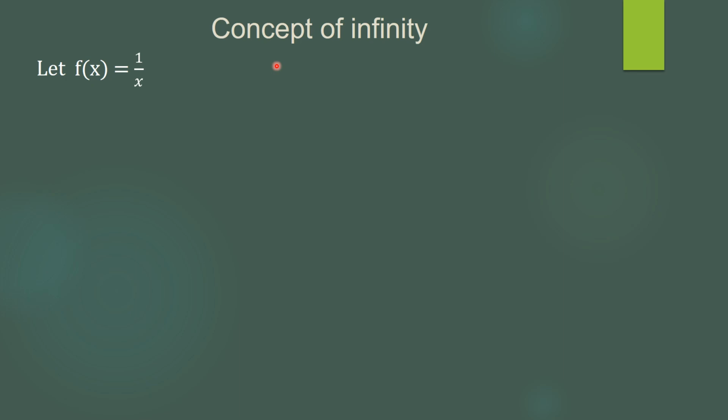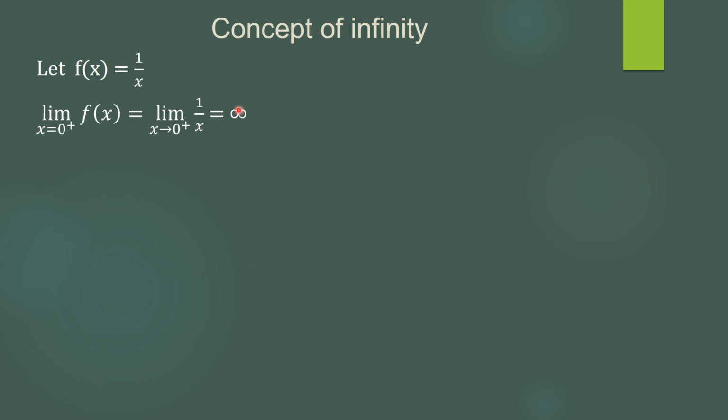For that we'll consider that let f of x is equal to 1 upon x. Naturally, we cannot define this function at x is equal to 0, because if x becomes 0, it will become 1 upon 0, and then it will become an undefined function. And for that, we cannot go, but we'll try to find out the limiting value. So we'll try to find out the limiting value for 0 plus. That means we are taking the values which are nearer to 0 but greater than 0, and whatever answer we get, it is called infinity.